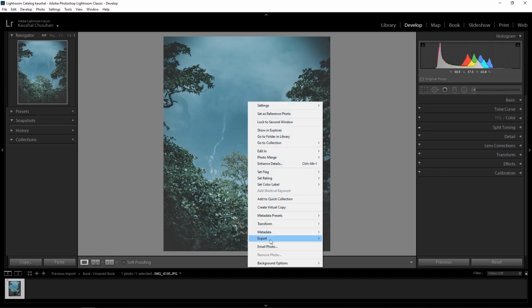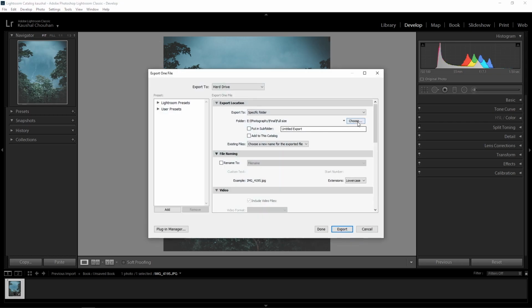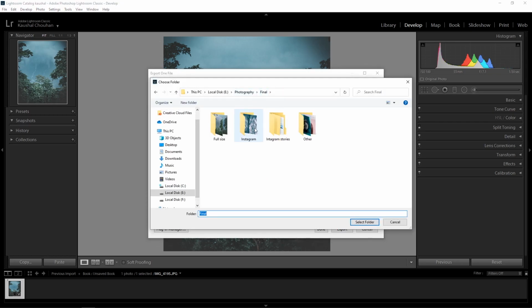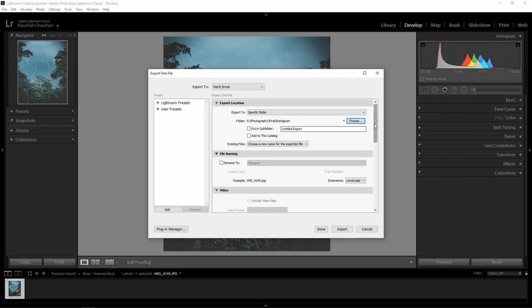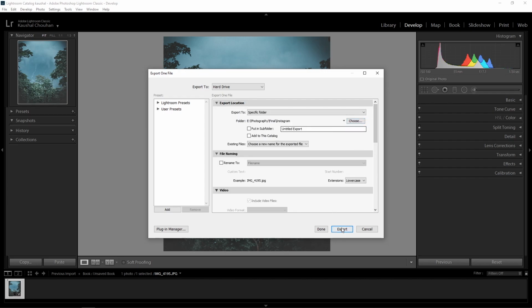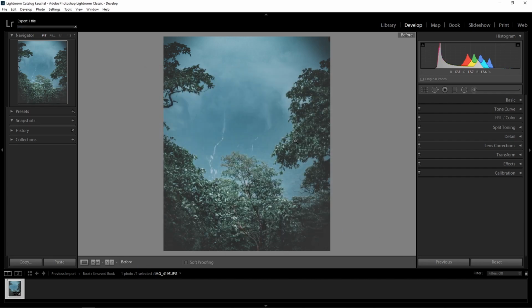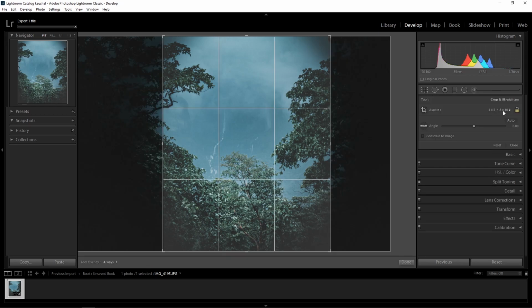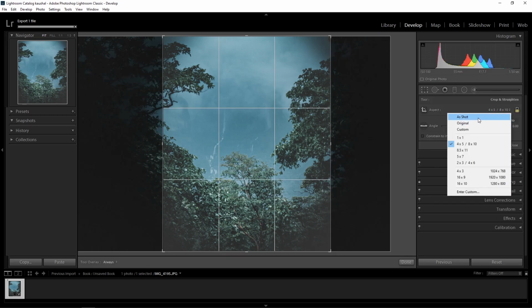Right click, export, choose the folder, Instagram, select, come down here, resize to fit, make sure long edge is selected and the pixels are 1080. Now it's done. Click export. Now click here, enter.